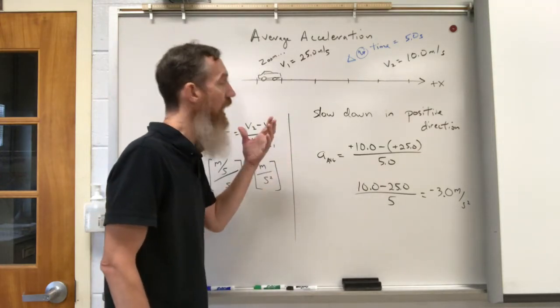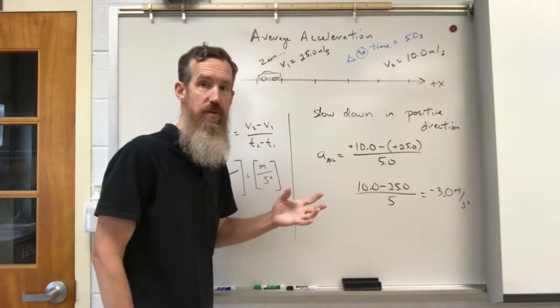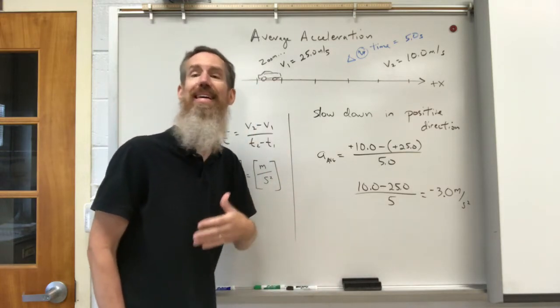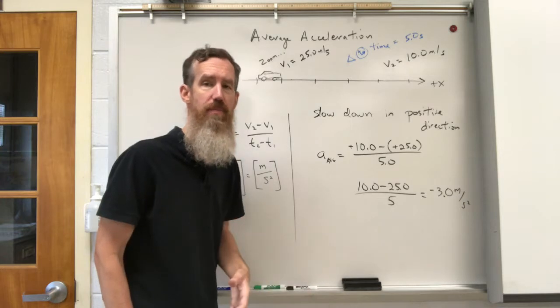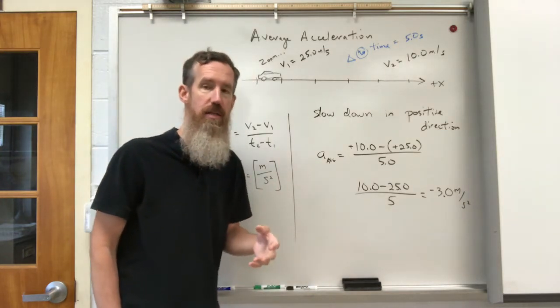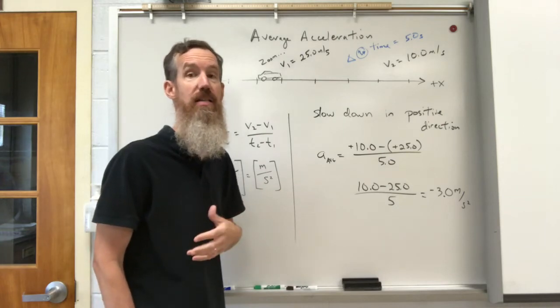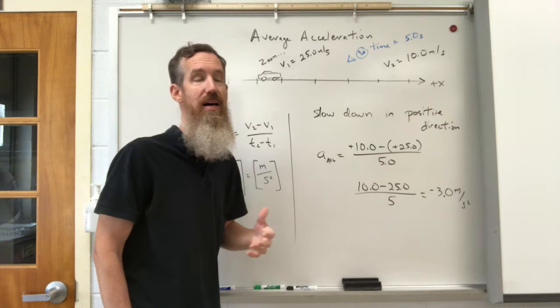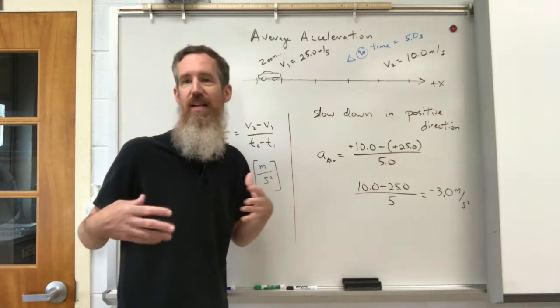So a lot of this course assumes that average acceleration is also a constant acceleration for that motion. Now, in the real world, that's not always the case. In the real world, sometimes the speeding up or slowing down is not nice and consistent, not nice and constant. It's very,